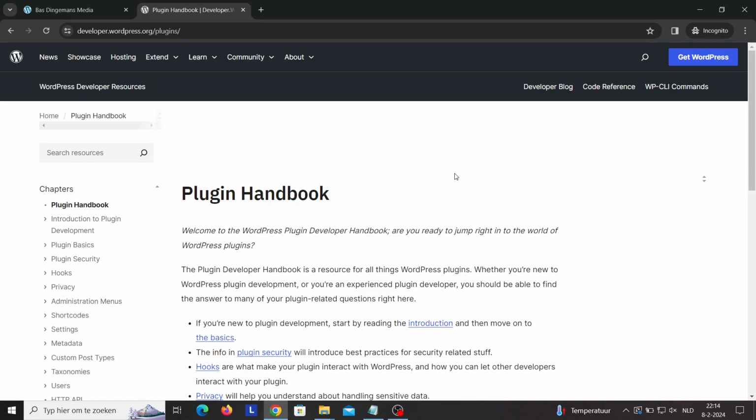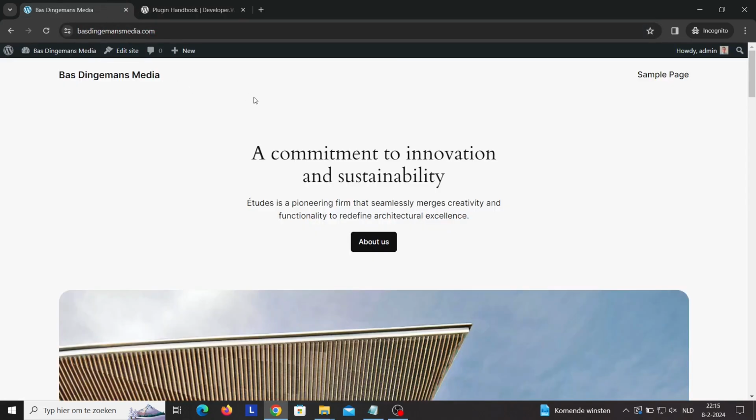But we're gonna do it in 5 minutes. We're gonna create a very easy and basic plugin, but it's a good starting point. We are going to create a plugin that removes the WordPress version in the header and RSS feeds in your